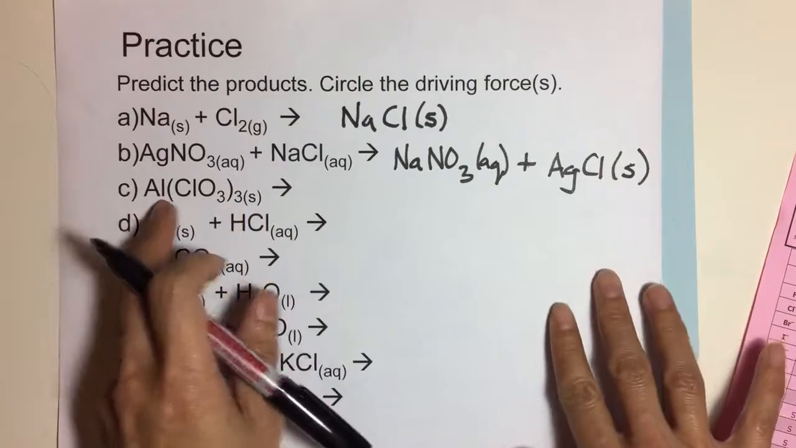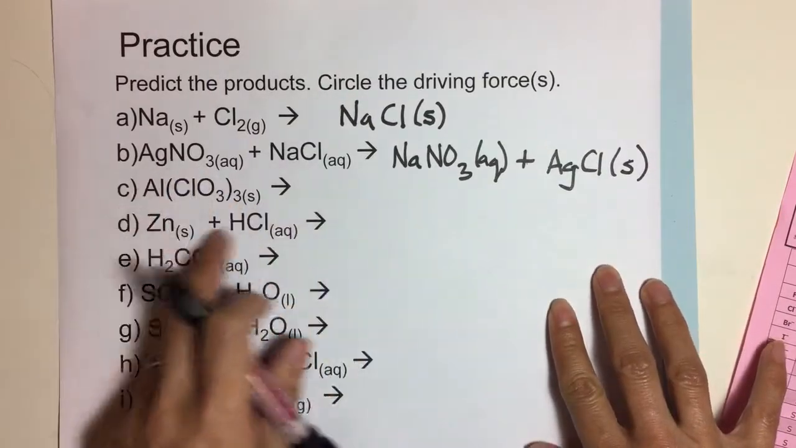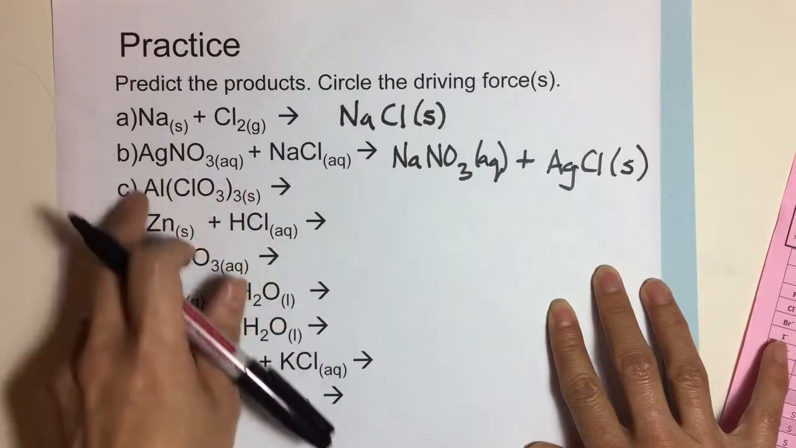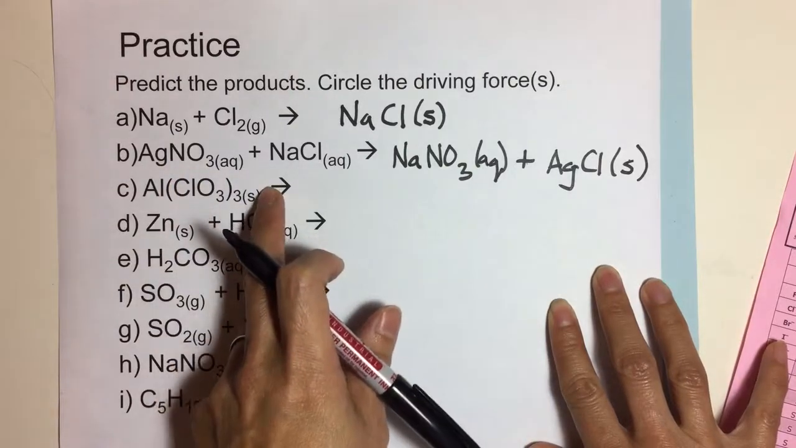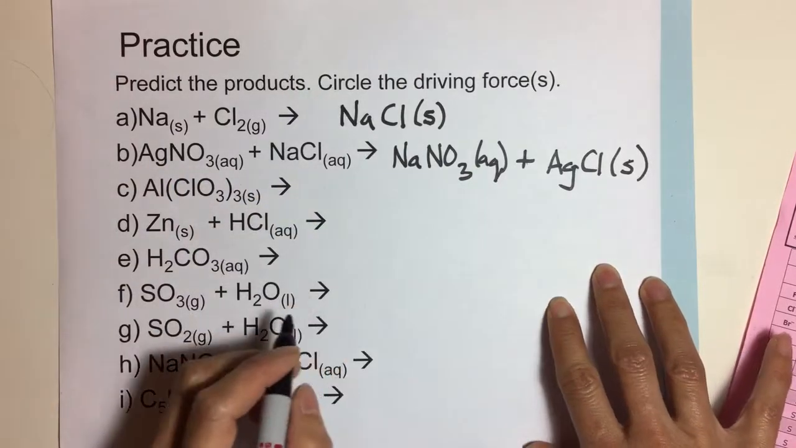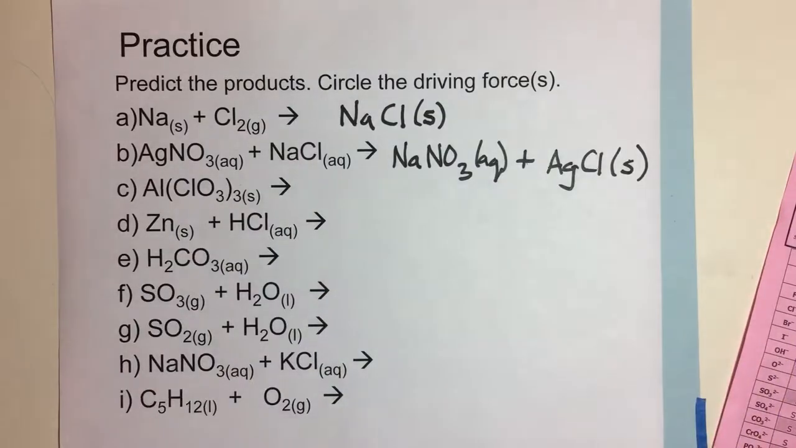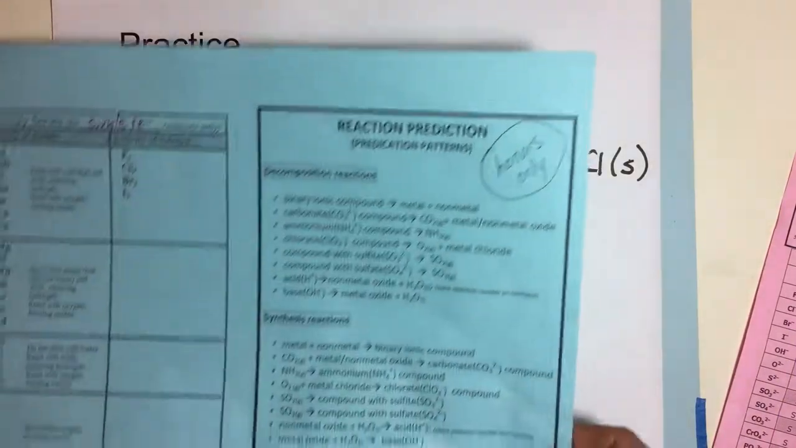Aluminum chlorate looks like it's going to decompose because you see one complete big compound and nothing else reacting with that compound. So we know it's going to decompose. And so if you look at your reaction prediction chart, again, you're probably going to have to pull your chart